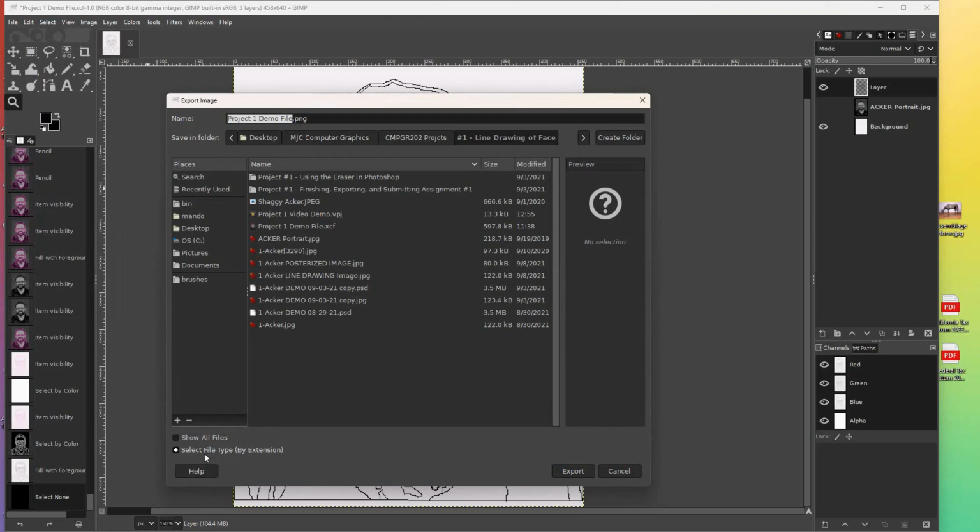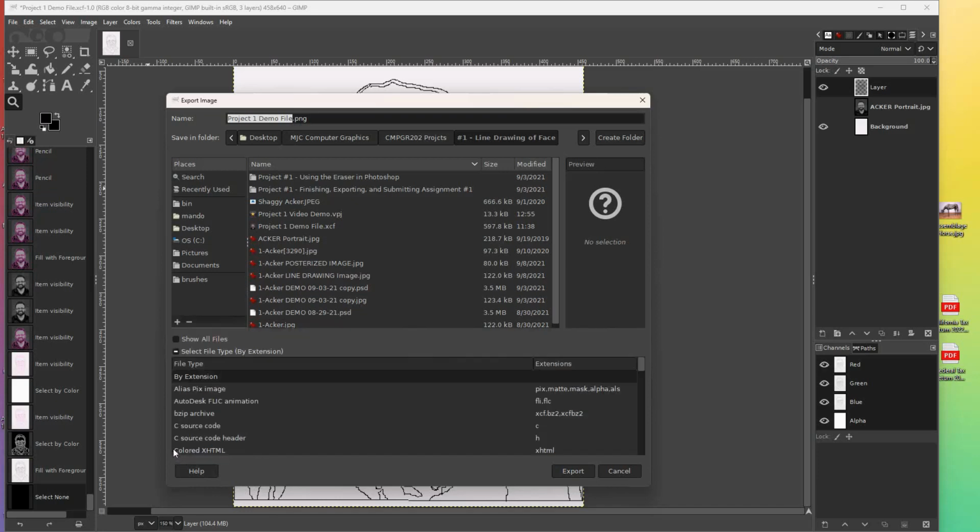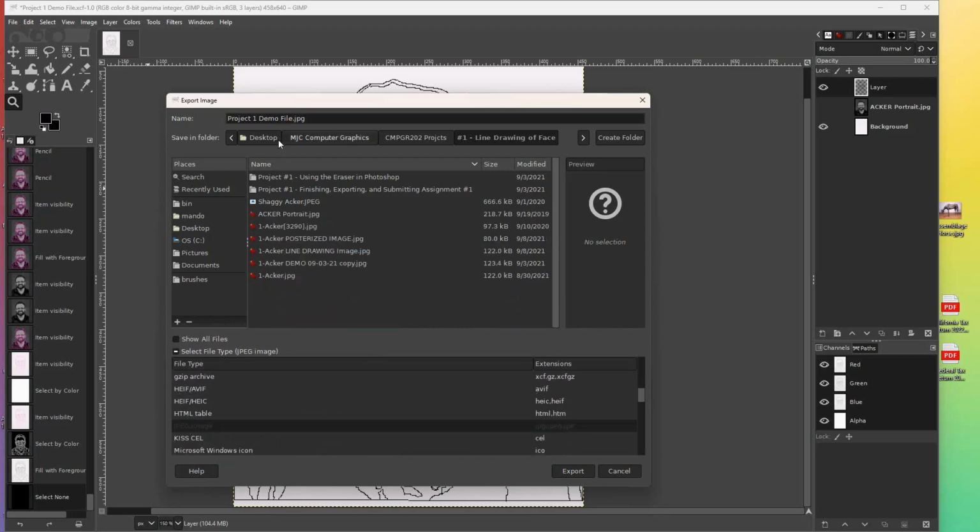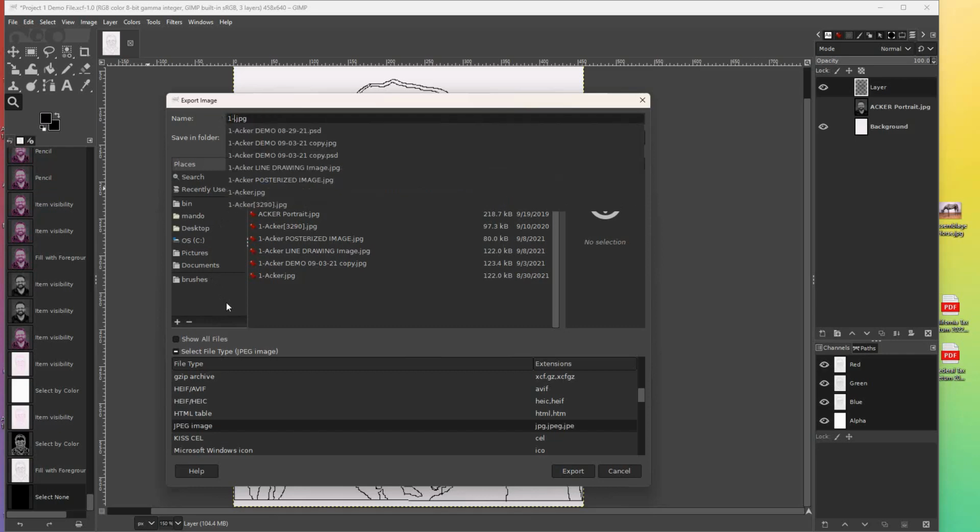We want to go down here on the bottom with the plus sign where it says Select File Type by Extension. Click that plus sign and scroll down till you find JPEG. And there's JPEG image. Click on that. And before I export it, though, I want to name it correctly. So we're going to follow the naming system for my class. 1 dash, and then you're going to put your last name. In my case, I'll put my last name, but you're going to use your last name,